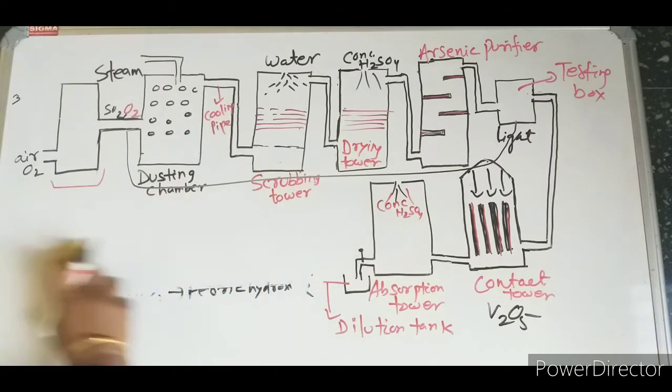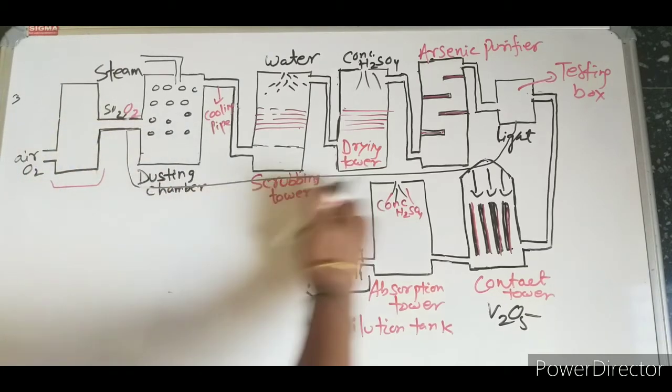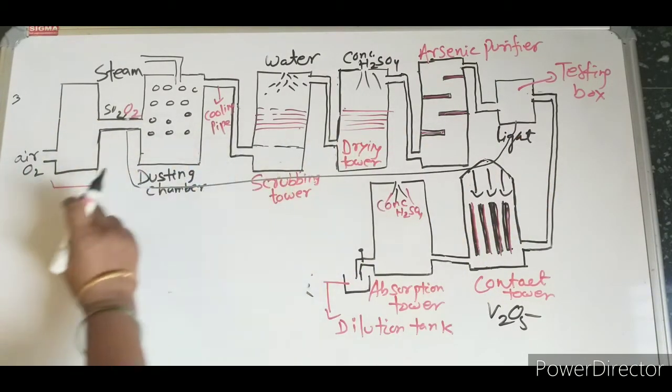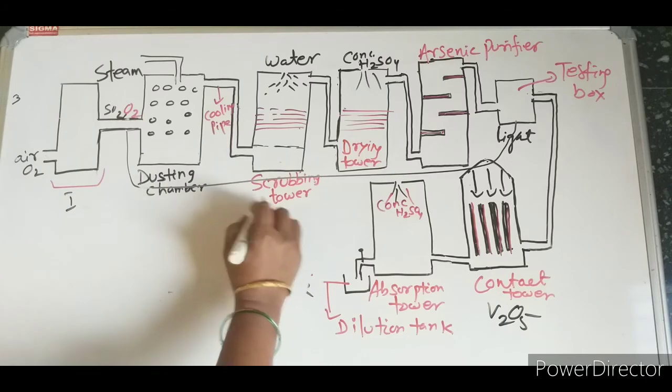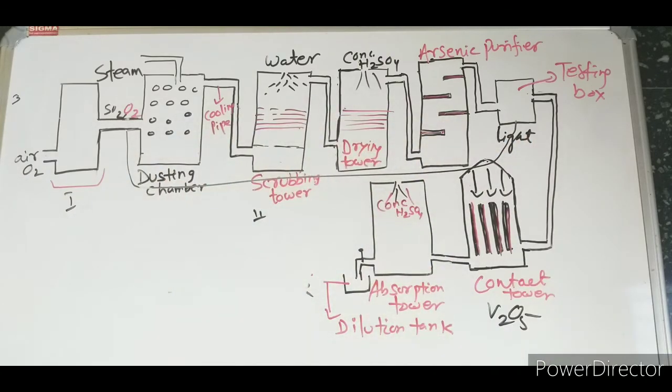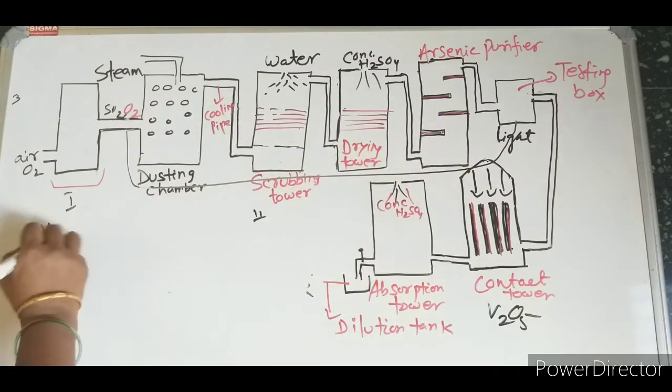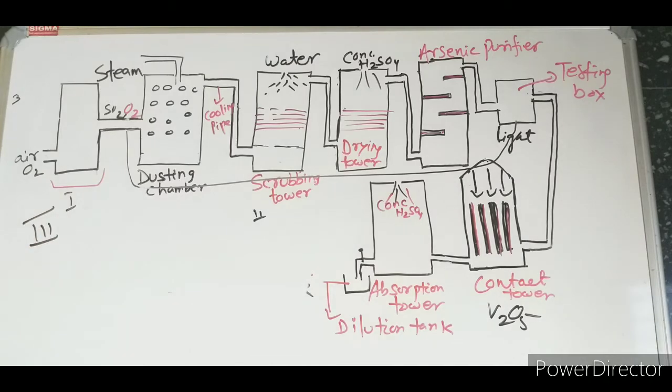Here we have discussed part 2 will be this, from here to here will be your purification. So this one will be 1, this one will be 2, purification chamber. After that, the third part we will discuss, that one will be stage 3 or step 3. In this step 3 what happens,